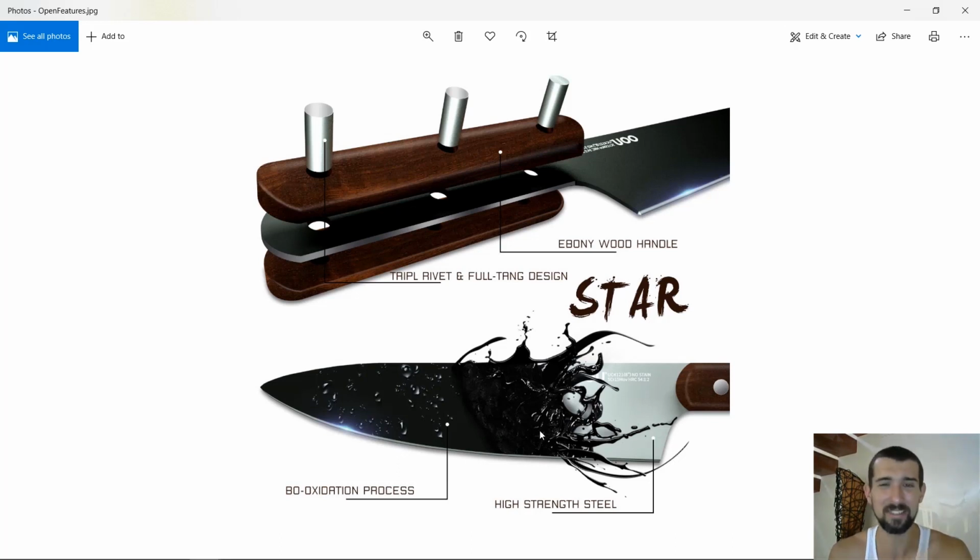I used to be good in chemistry back in high school, but anyhow, then I went to Amazon. They show their features in a really nice way, and they break down the features. You can see it more in electronic products, as I've mentioned, but it's still very good to show the features. Actually, what do we have? Ebony wood handle. We have the full tang design, high strength steel. You see, these are features. Usually we justify the lifestyle that we show by features and logic. That's gonna tell those customers that are more techie, who want to see why it's good and where the features are. Well, here it is for them.